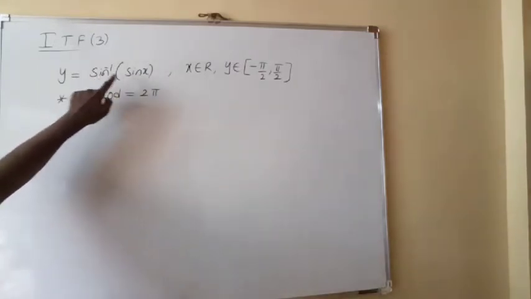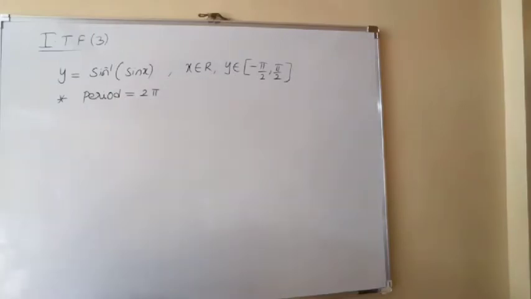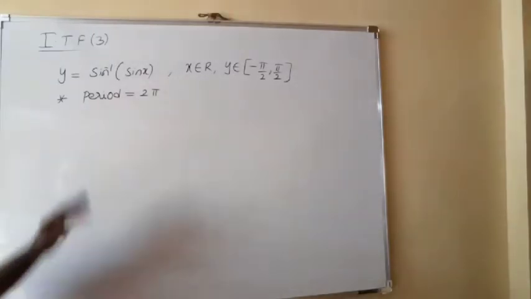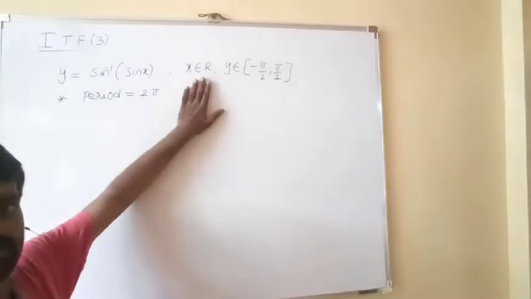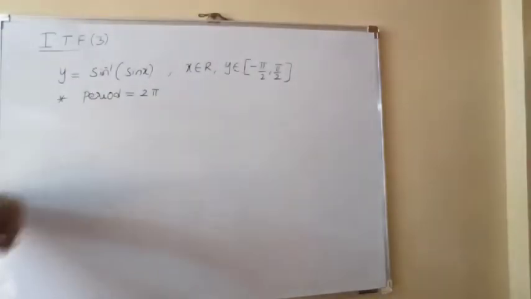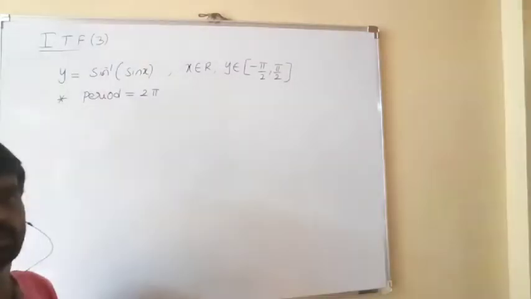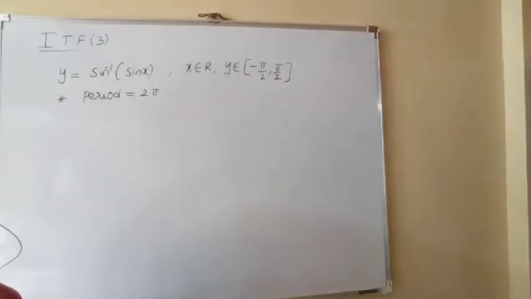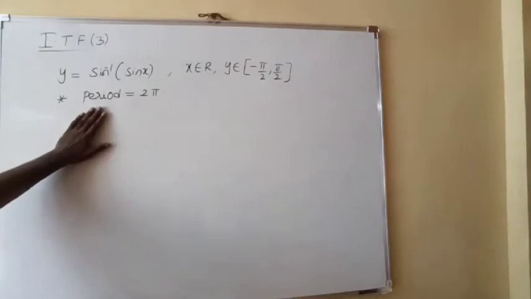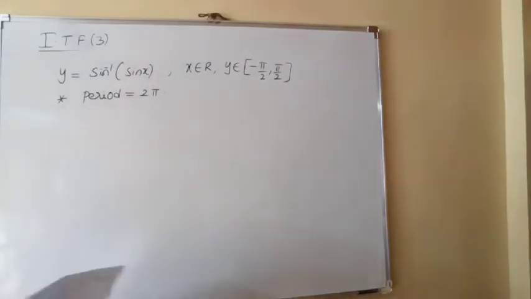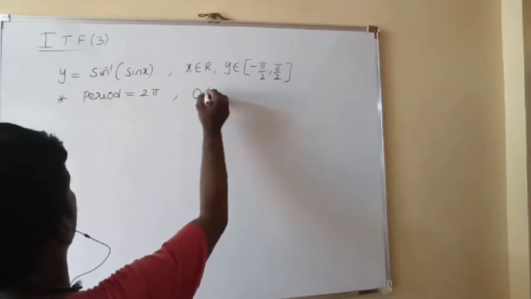2 pi. So sin inverse of sin x function is also period 2 pi. So to get the graph of this function on the set of real numbers, that is its domain, you just draw the graph of sin inverse of sin x function in the closed interval 0 comma 2 pi. Okay. Then for the remaining, 2 pi to 4 pi, if you want to get the graph of this function, just draw the similar graph. Okay. So an important thing is it is a periodic function of period 2 pi, and it is an odd function.